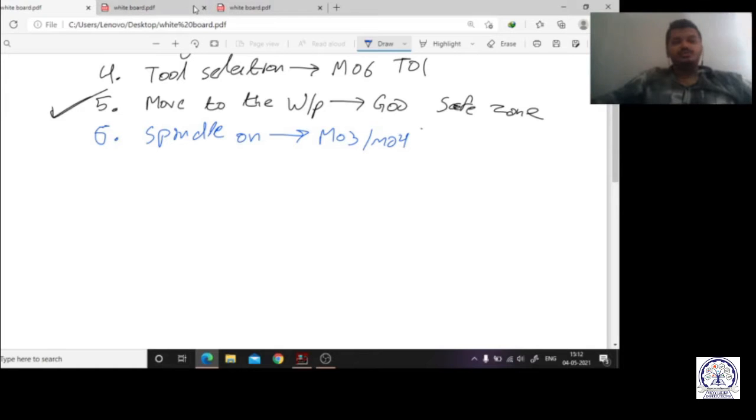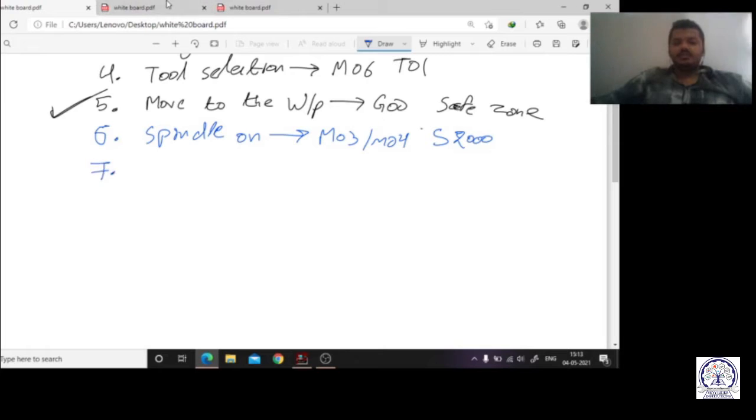According to the tool geometry, you have to choose whether it should be clockwise or anti-clockwise. And we have to give the spindle speed as S, suppose 2000. S2000 means 2000 RPM. So we have switched on the spindle.